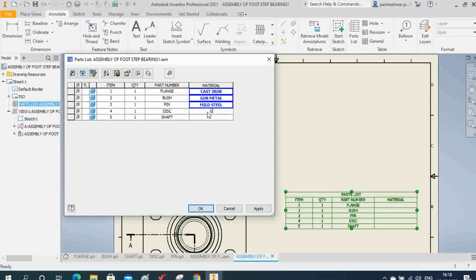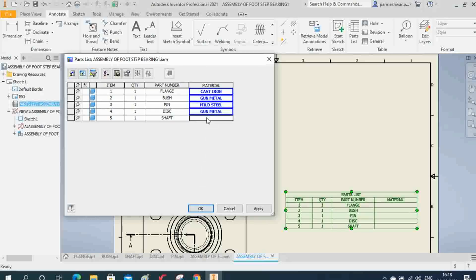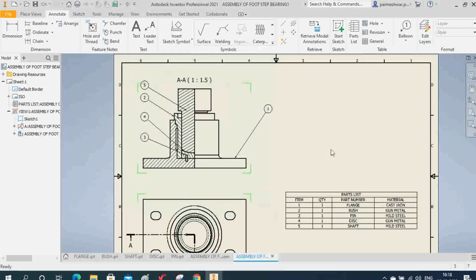Okay, gun metal, right? Next part is shaft. For shaft it is again MS, mild steel. Click here, write mild steel, right? Click here apply and click OK, right?